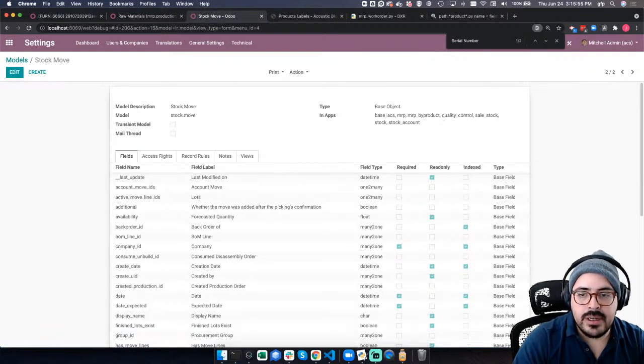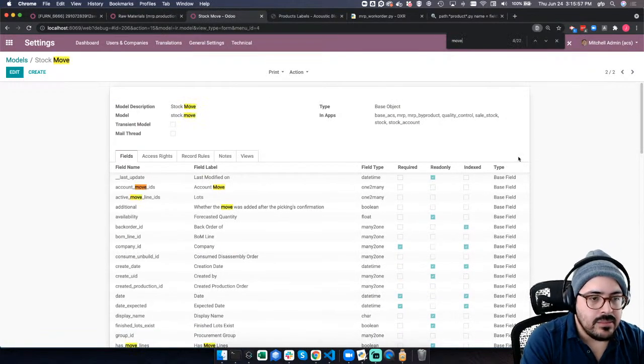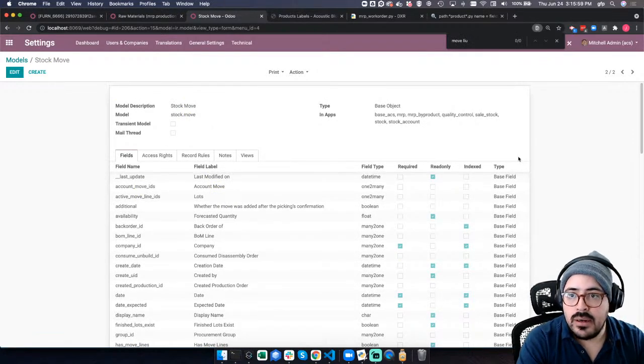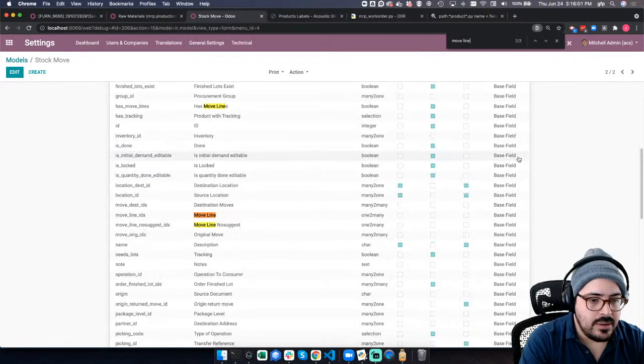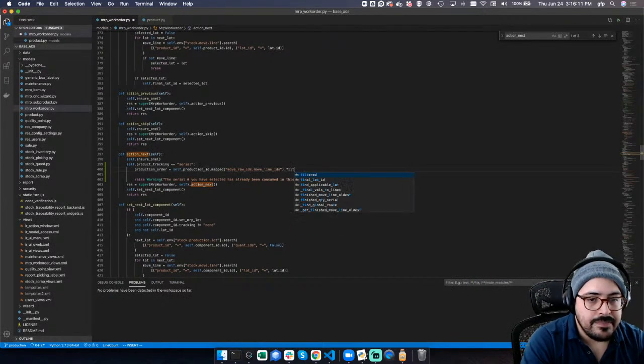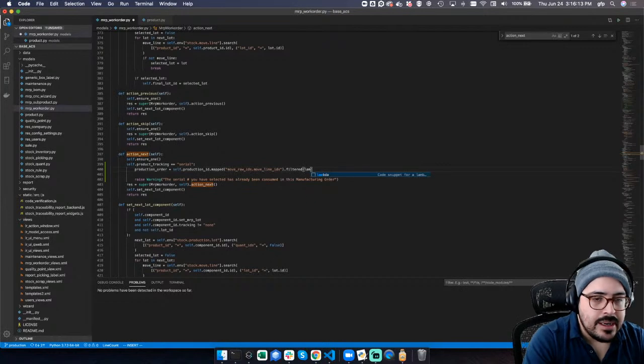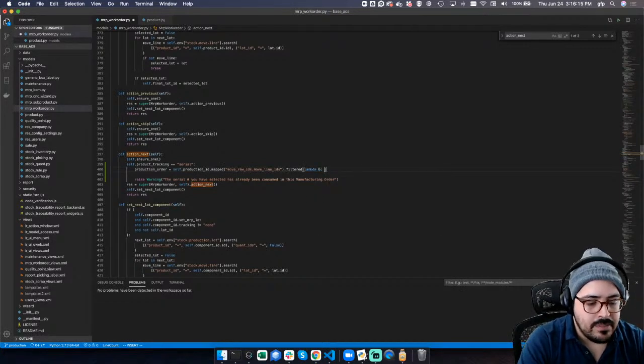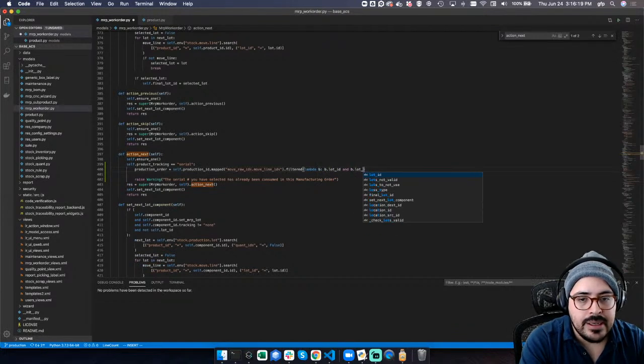The actual name of it is move line IDs, there we go. So move raw IDs dot mapped move line IDs, right? And then say dot filtered, and then let's add a lambda, b dot lot ID and b dot lot ID